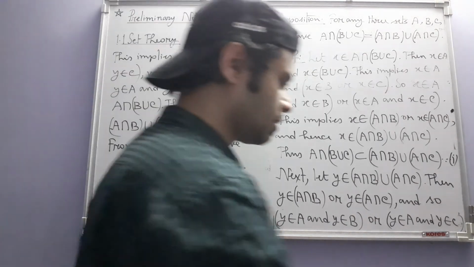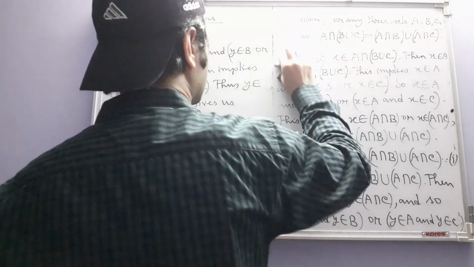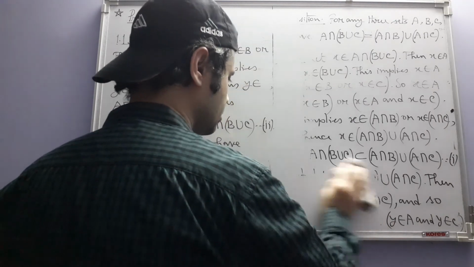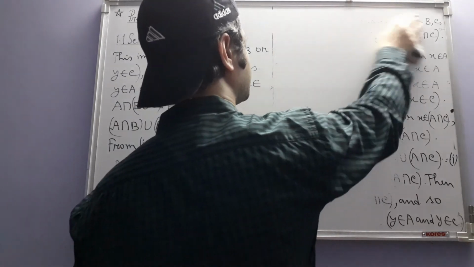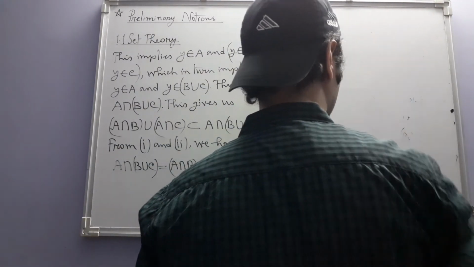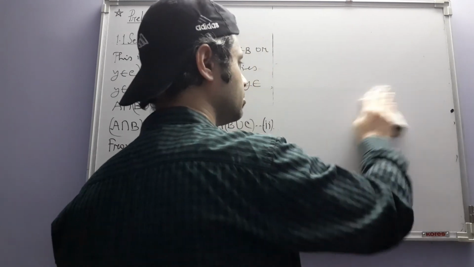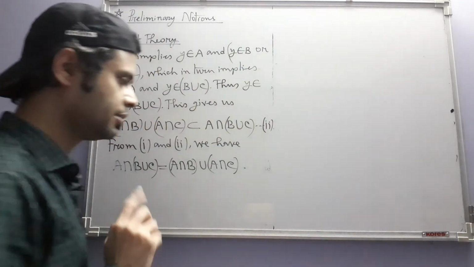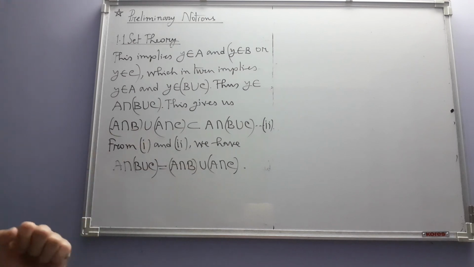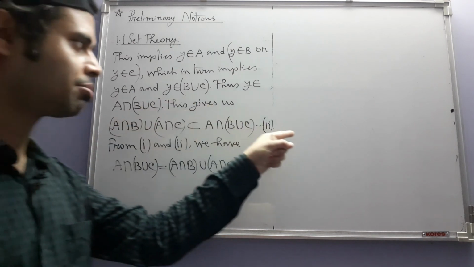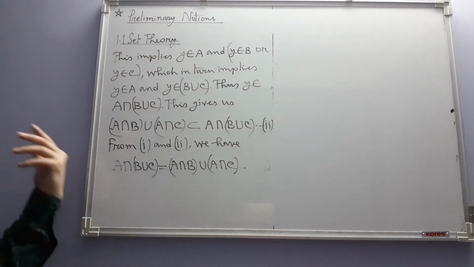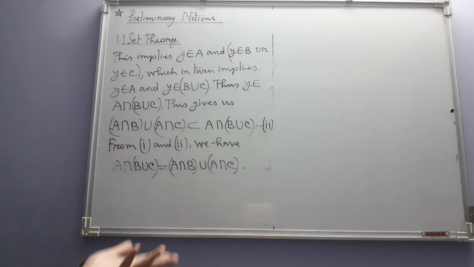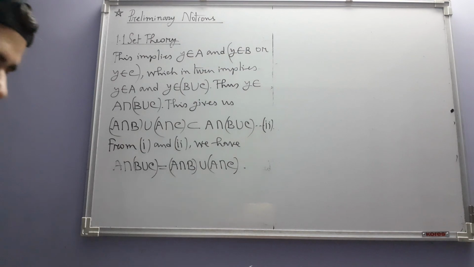Okay. Now see, we have so far defined how many? Only two operations, and we have seen this little proposition. But now instead of just two, what I'm trying to say is this: yes, we have defined two operations, but in each operation we have defined it between two sets. This is not necessary. We can have any number of sets, and we can define union and intersection. So that's what we are going to do now. Next.